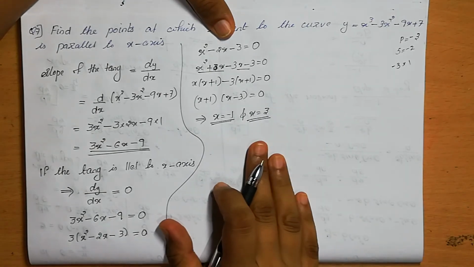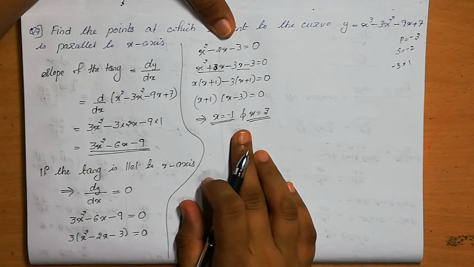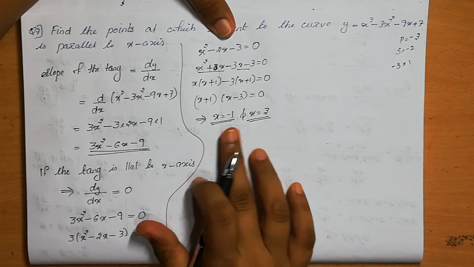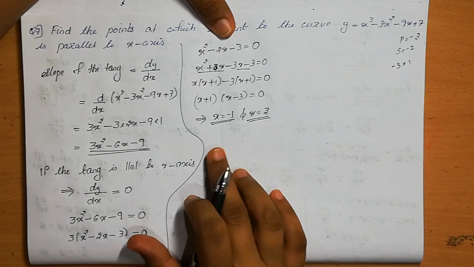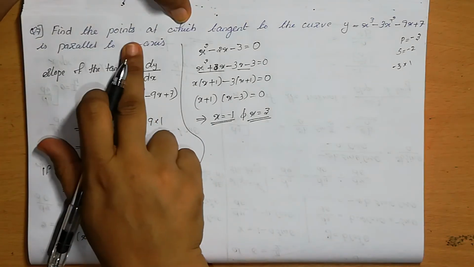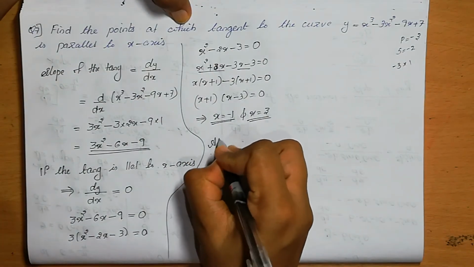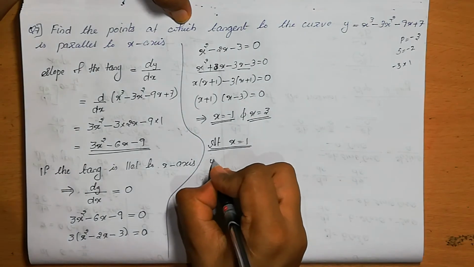That is the value of x. This is by factorization method we are finding the value of x. x is equal to minus 1 and x equal to 3. So at x equal to minus 1 and 3 we are going to find the value of y because we need to find the points, right? So at x equal to minus 1, y equal to